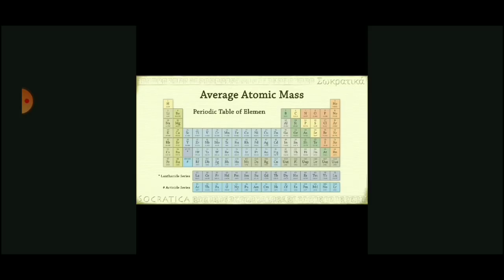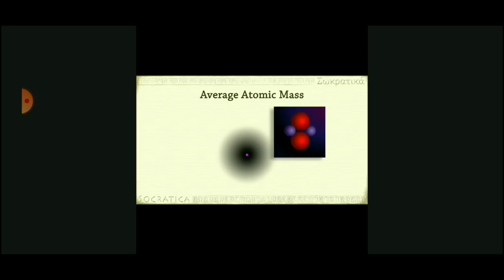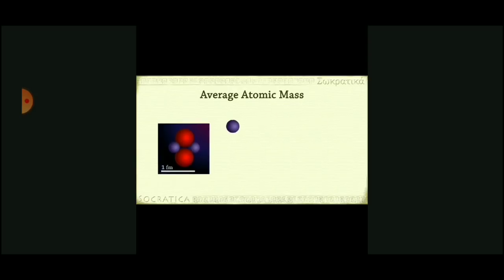This is a periodic table of different elements. To calculate these problems you must remember, you must be thorough with the symbols, formulas, atomic number, mass number, valencies, everything. You can see the smallest indivisible matter, an atom, here. The mass of a proton is given as 1.67 into 10 to the power minus 24 gram. The mass of a neutron is given as 1.67 into 10 to the power minus 24 gram. The mass of an electron is equal to 9.11 into 10 to the power minus 28 gram.